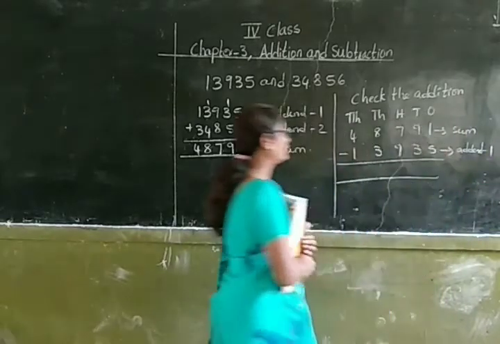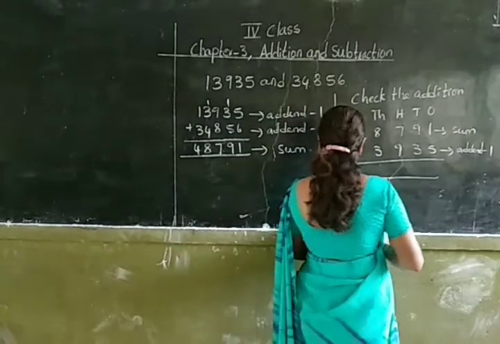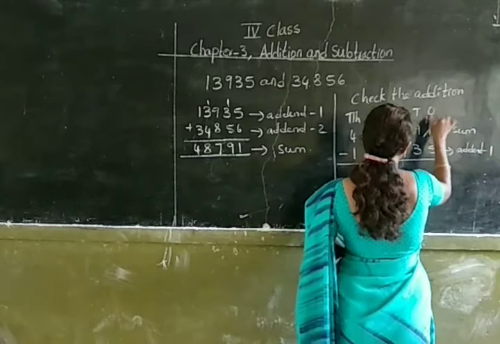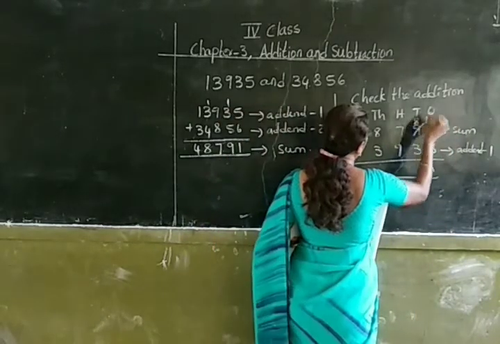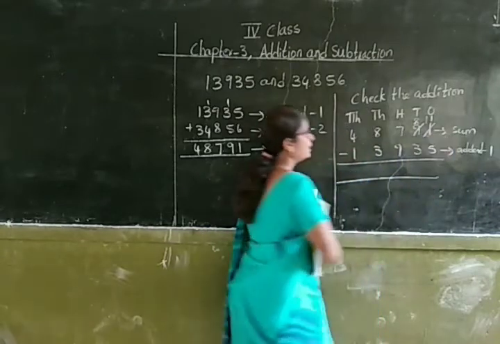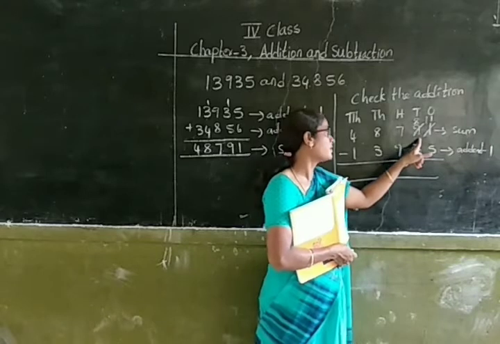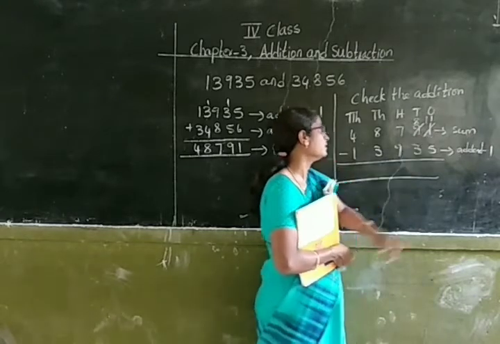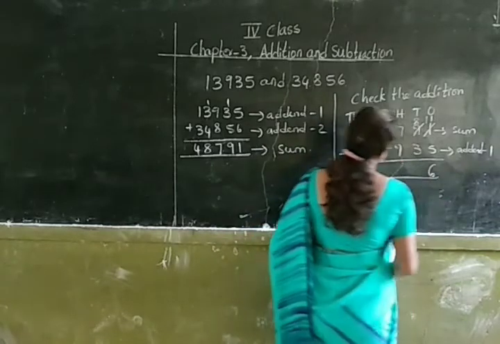I am subtracting addend 1 from it. Okay, let us subtract addend 1 from it. When you borrow, 1 will become 11 and 9 will become 8. Because you can't subtract 5 from 1, I am borrowing from 9. So then 1 will become 11. 11 minus 5 is how much? 11 minus 5 is 6.